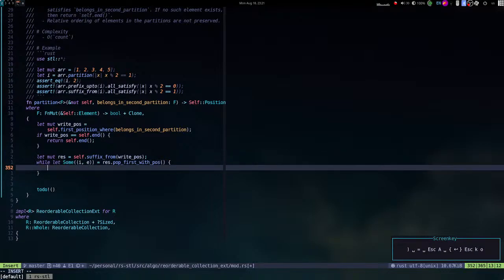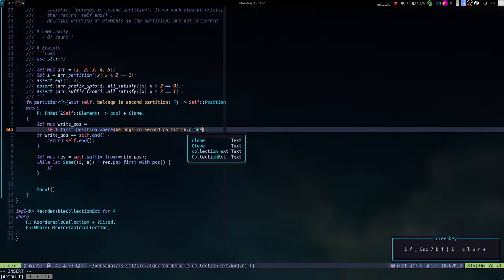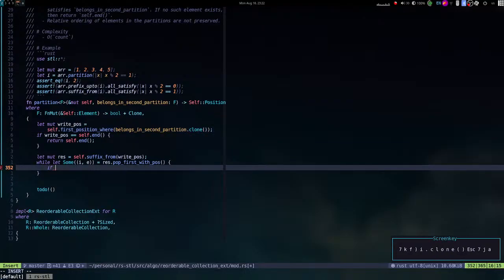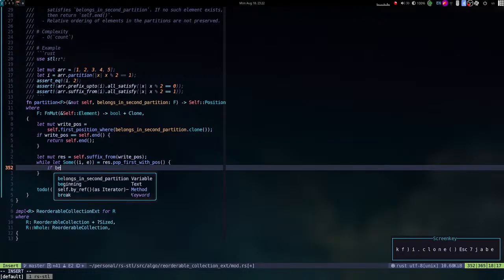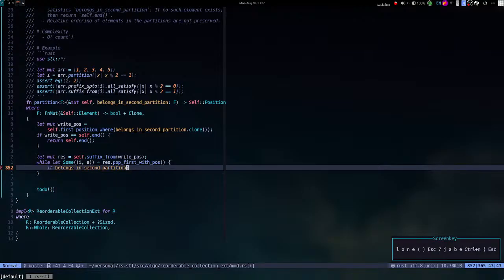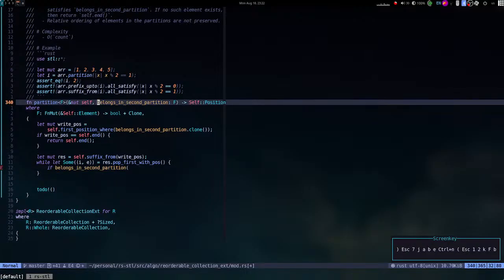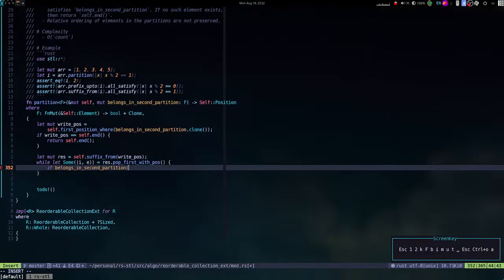Okay, so while I pop the element and I get the element, if that should be the clone, if belongs in second partition, wow, there are so many things, like this should be mut. Okay, if belongs in second partition, and now if